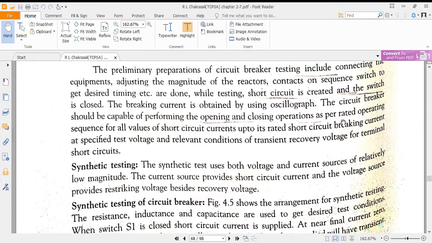Here, the circuit breaker should be capable of performing the opening and closing operations as per the rated operating sequence for all the values of the short circuit current up to its rated short circuit breaking current as specified test voltage and relevant conditions of the transient recovery voltage for the terminal short circuits. So basically, whatever we are expecting, once the short circuit current is applied to the circuit breaker,